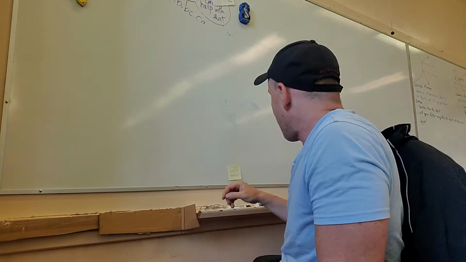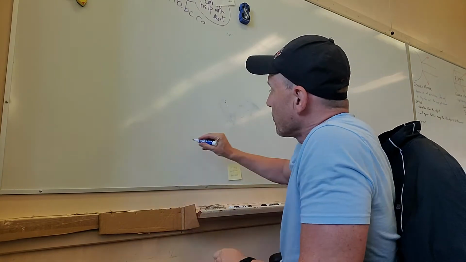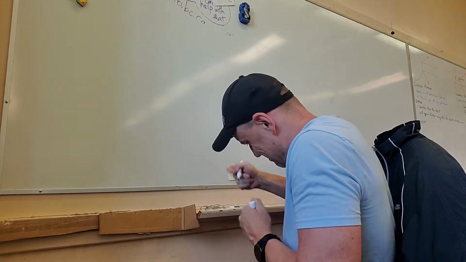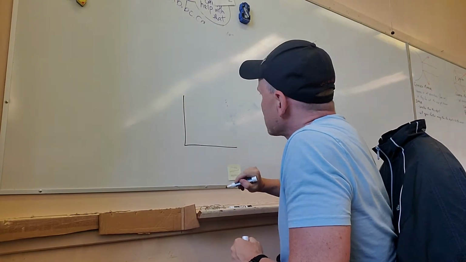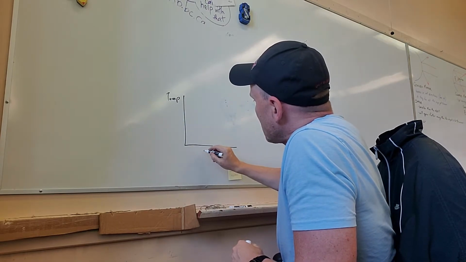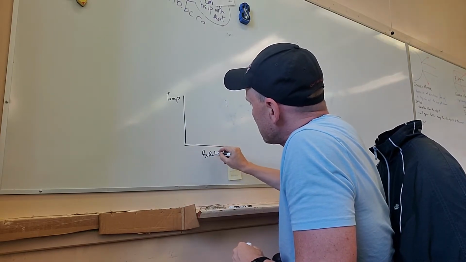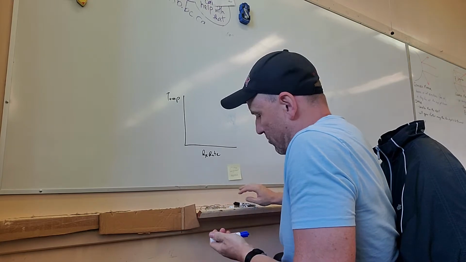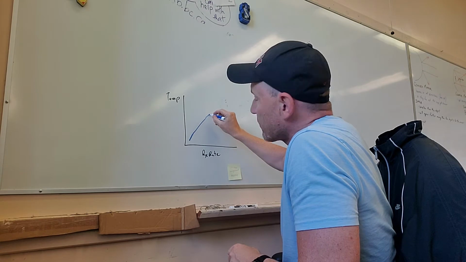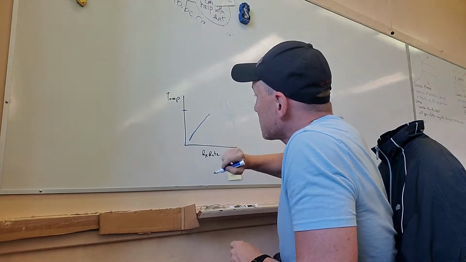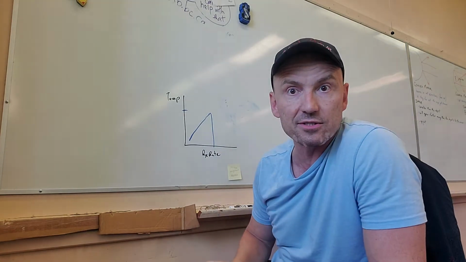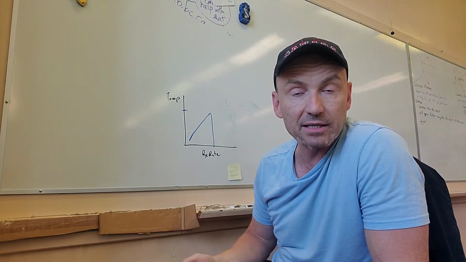So if you were to graph temperature, let's say we have a graph here. This is going to be temp, and this is reaction rate. As you increase temperature, the reaction rate is going up, but then it reaches a point where the enzyme denatures and the reaction rate goes to 0 because the enzymes are broken,